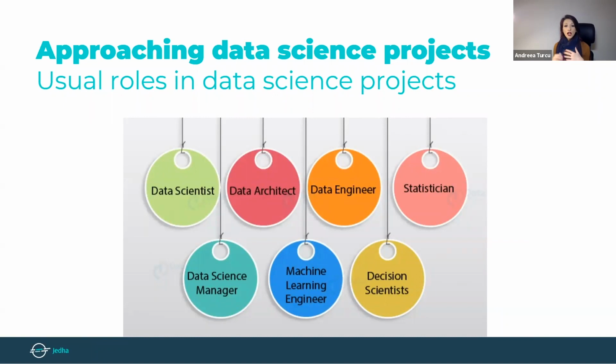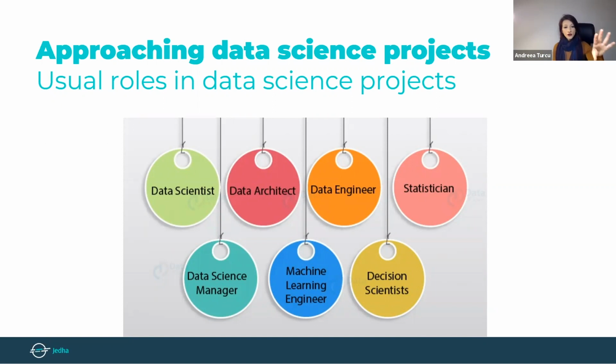Of course, while working on a specific data science project, you will need to exchange information and share work with your colleagues who will have similar or different roles as yours. These roles have sometimes overlapping responsibilities, especially if the project's budget cannot accommodate multiple resources. You may find yourself at a certain point working on multiple areas, and this is why it is very difficult sometimes to define roles in the data science field.